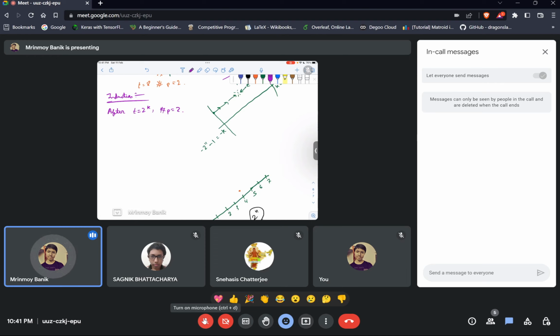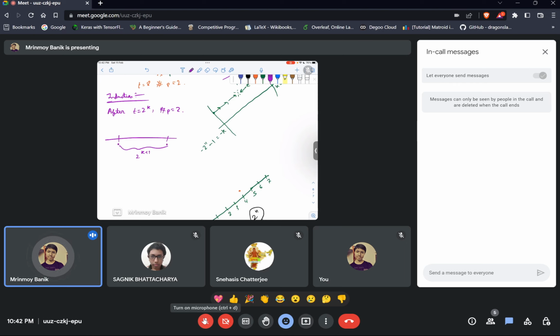Let's see what happens from now on. So this is obvious that the extent of the 2 points will be 2 power k plus 1 at this